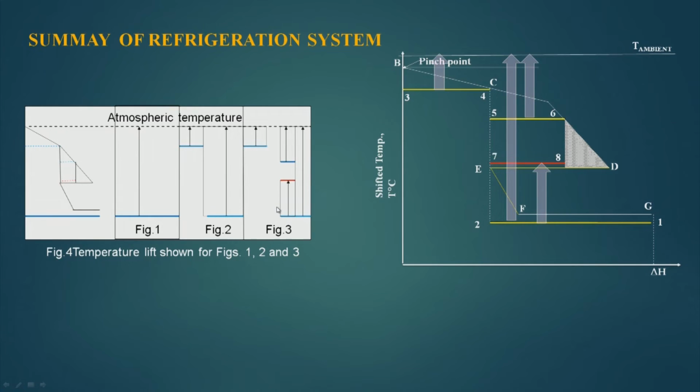Now, here what we did, we broke it into three levels. This level heat is rejected at this level, heat is rejected at this level, and this is further broken into two parts. Some part of heat is rejected to this level and the remaining part is rejected to this level. So, this arrangement is improvement over this. But if you see here that the number of evaporators here is 1, condenser is 1, here there are 2 evaporators and 1 condenser, here there are 3 evaporators and 2 condensers.